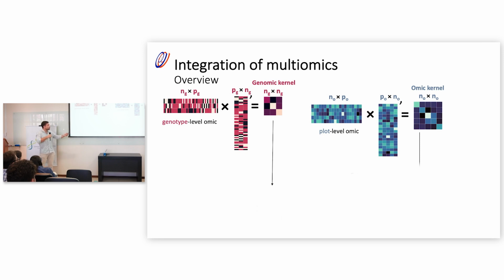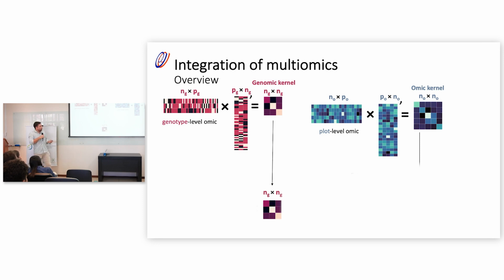And the process is the same. We multiply that matrix by its transpose, and we obtain what we can call an omic kernel, which is a variance-covariance structure. The problem here is that, as you may have noticed, they don't have the same dimension. This is 3 and this is 5, and that's because every level has its own specifications. You have these levels, you have these variables. This is the problem with omics.